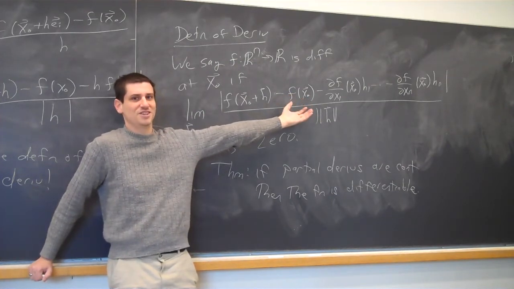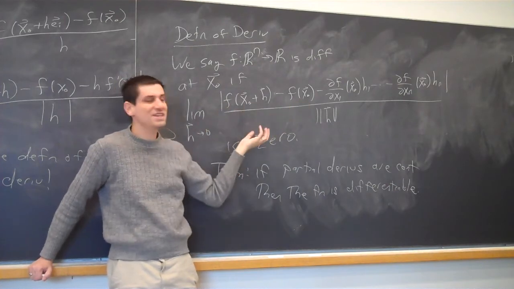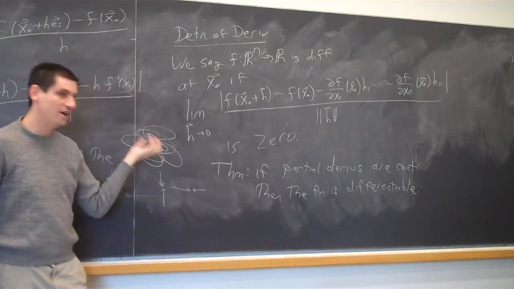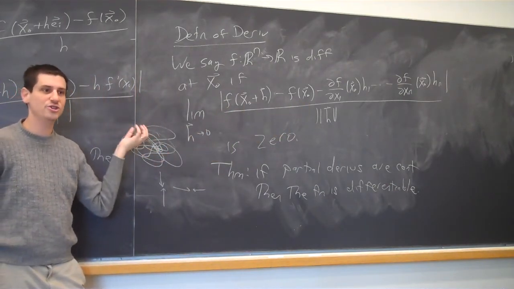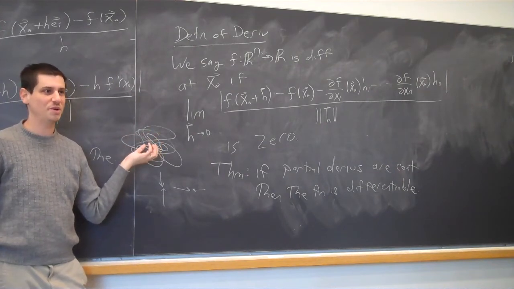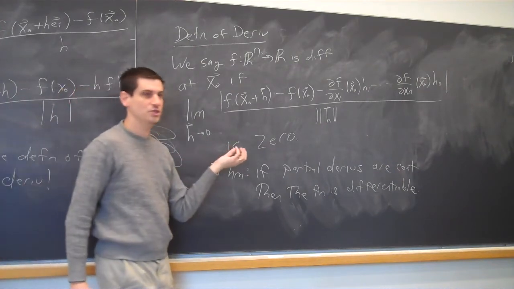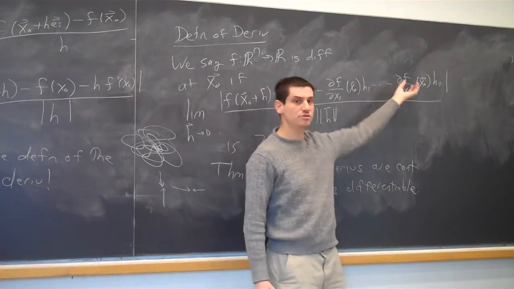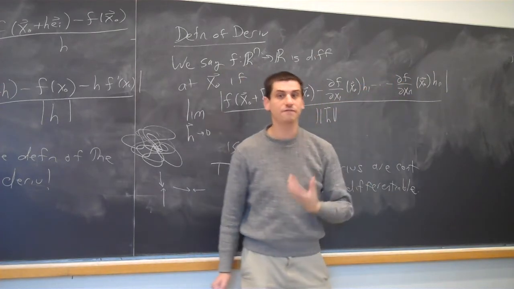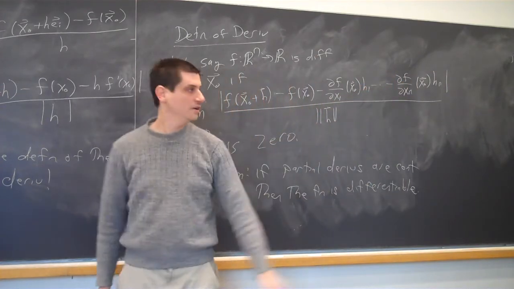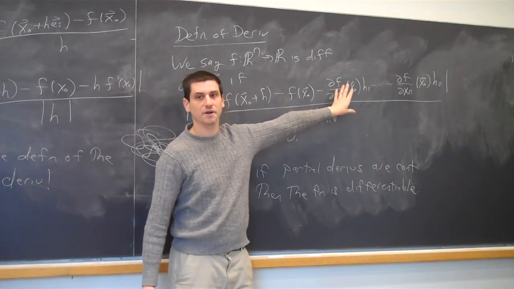Isn't it wonderful? Yes. We need to show that this limit exists, and for this limit we have to check every possible path. You don't want to check every possible path. You want to check maybe 1 or 2. And so what this is telling us is, if these partial derivatives are continuous, then it's sufficient to just check that this limit is fine.